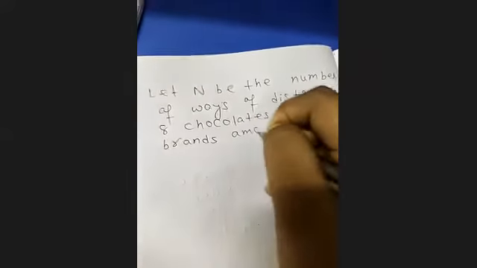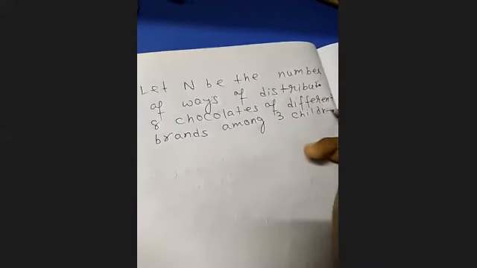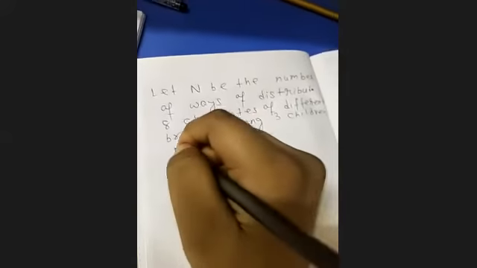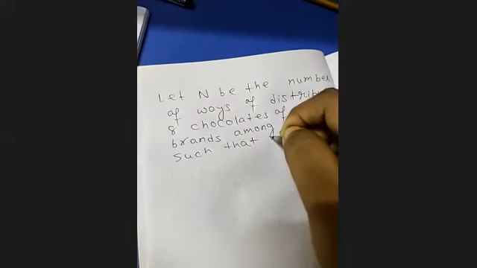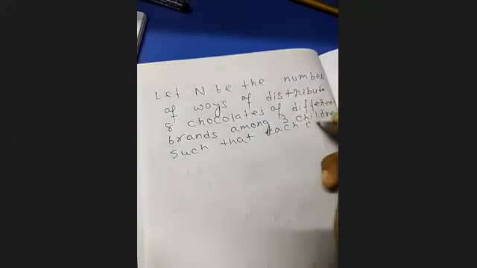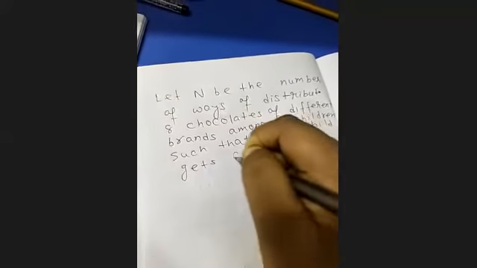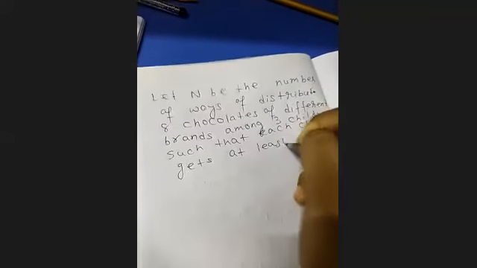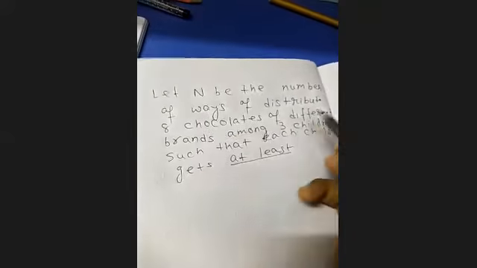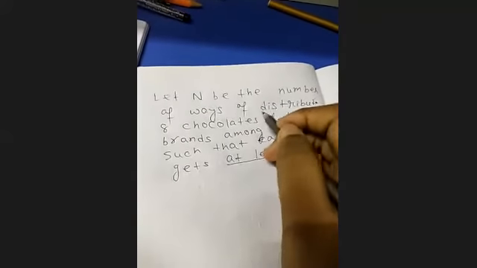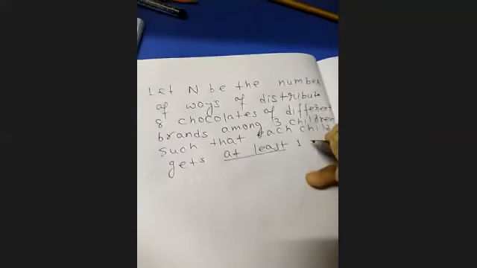Brands among 3 children such that each child gets at least 1 chocolate. There are many points to note, such as words like at least and different brands. Here the chocolates are of different brands, distributed. You may underline this. At least 1 chocolate,